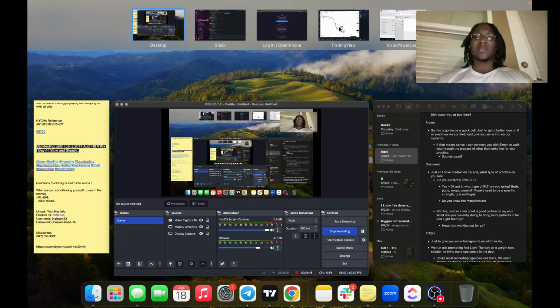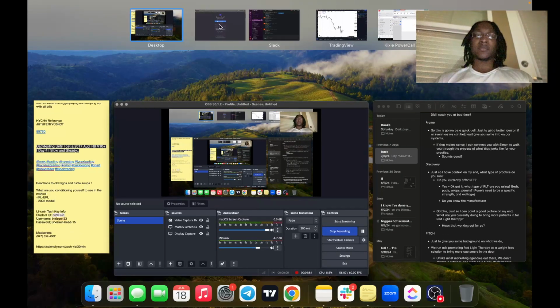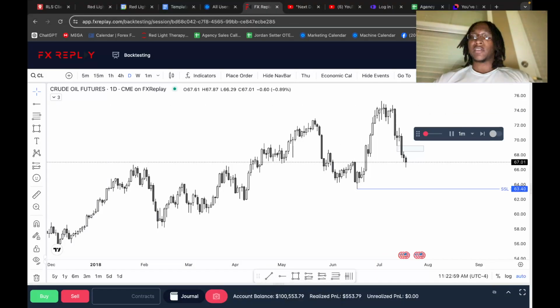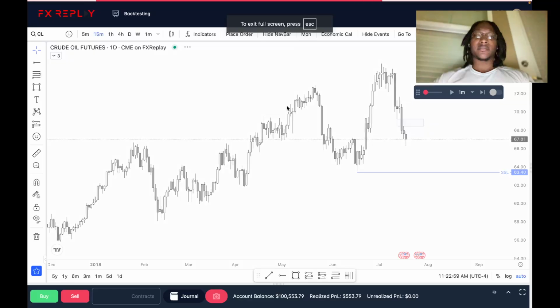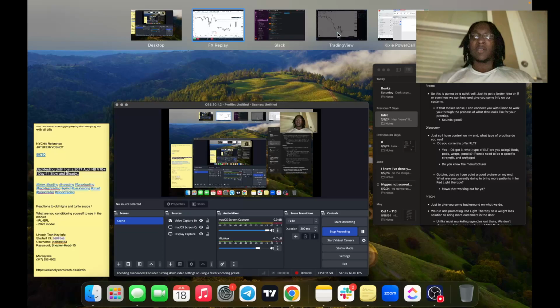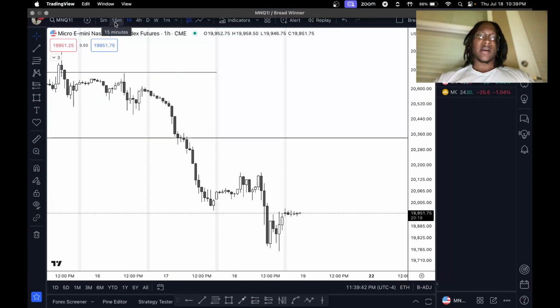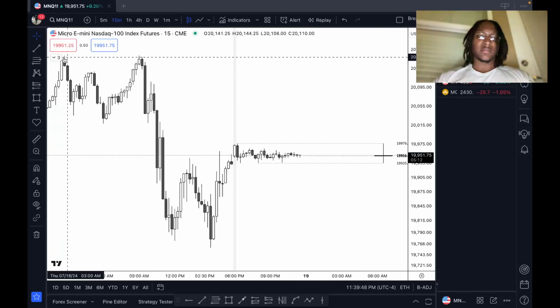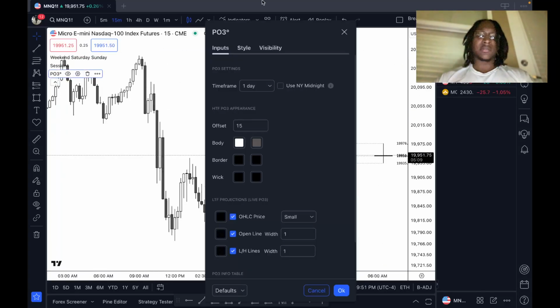In this session, what I'll be briefly going over at the start is the indicator here. Make sure the Wi-Fi is good. This indicator here on the regular TradingView, I have it here as the PO3. I just note the 1 day without using midnight open, just to keep everything clear and similar on